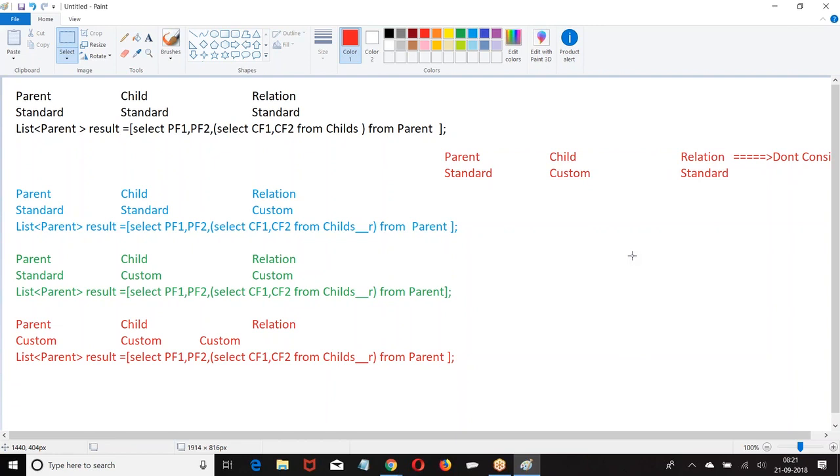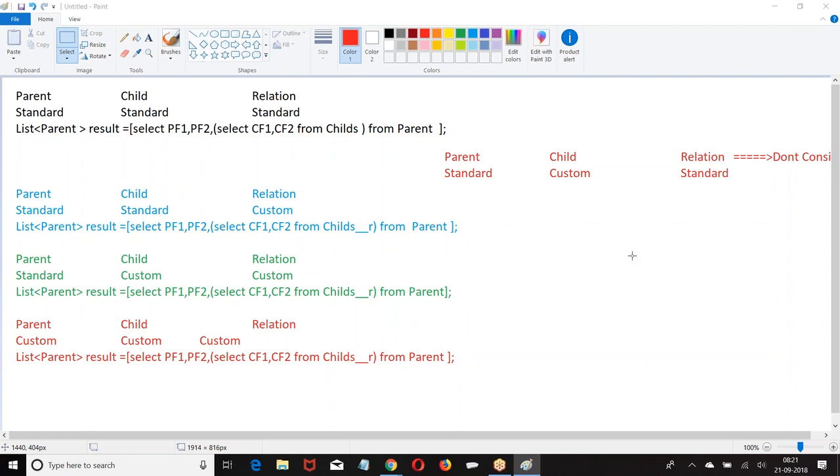From childs. Standard object is a parent and standard object is a child and the relation is custom relation. Both of them are standard objects only, but relation is custom. So underscore R. Standard and custom relation underscore R. Custom and custom relation underscore R.